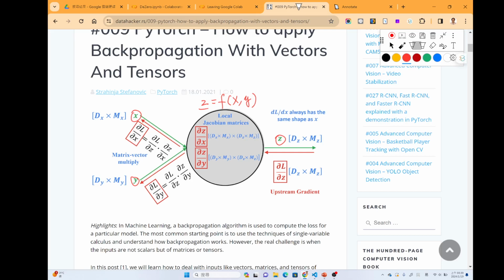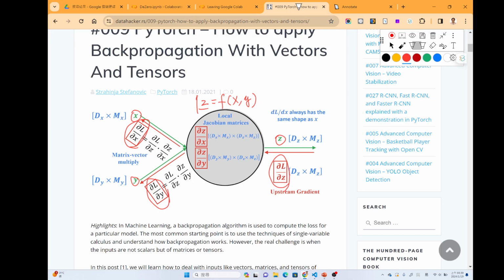This is a very generic form, and by using it we can calculate z from x and y. When we have the gradient of partial L over partial z, we need to know how to calculate partial L over partial x and partial L over partial y using this function. This looks very complex since everything is a matrix.